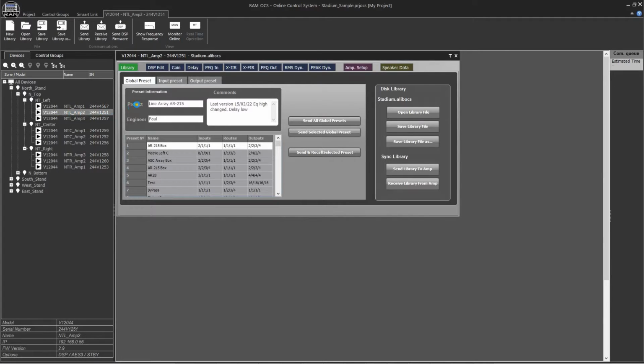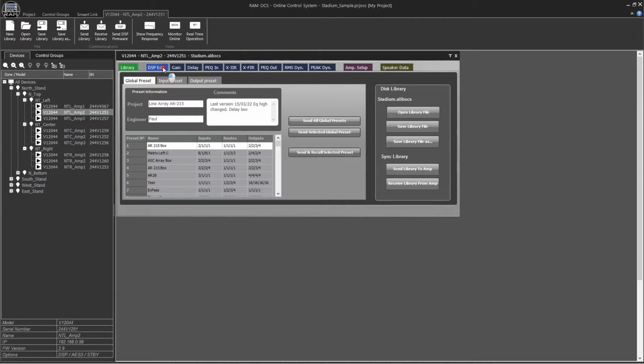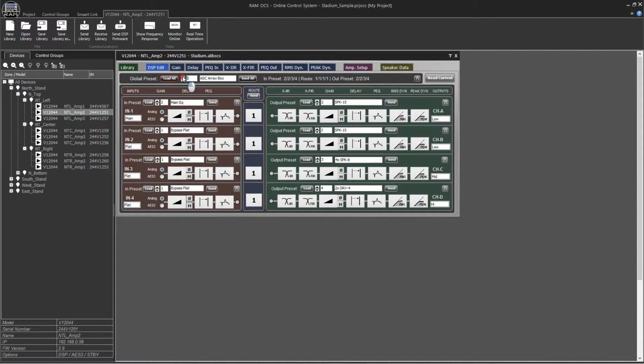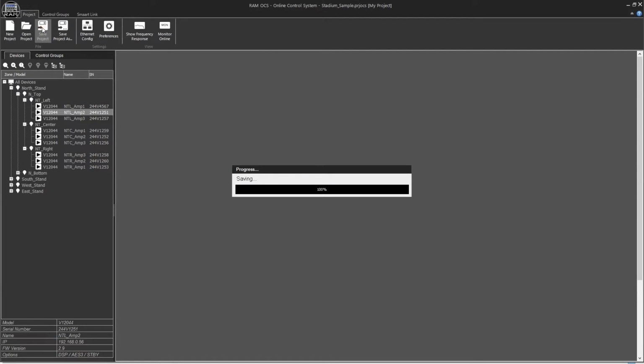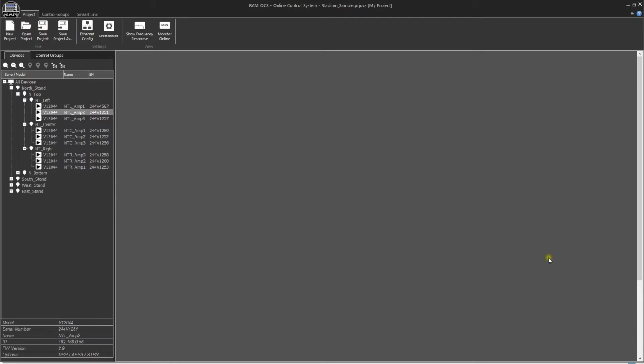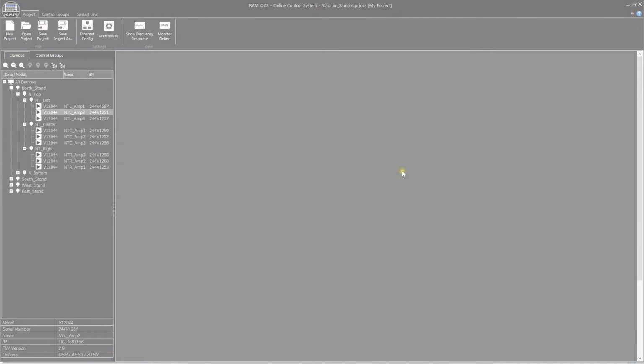We could have also started in the same way, sending only the presets needed exclusively to each amplifier individually, but it's more practical for all the amplifiers to have all the presets available, as this allows for quick changes to be made to the amplifiers if and when needed. We repeat these same steps for all the amplifiers in the installation. It's a good idea to keep saving our project from time to time in case there's an error at any point and we need to recover it.